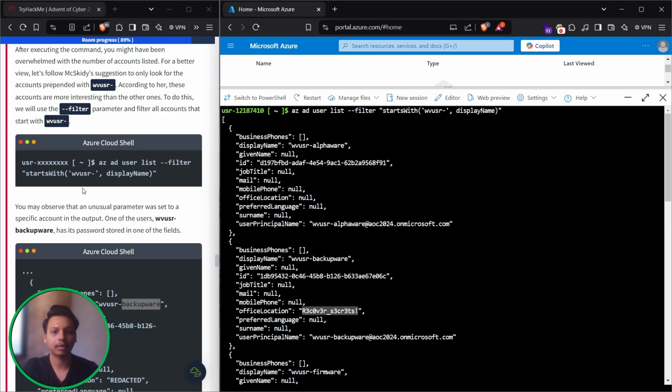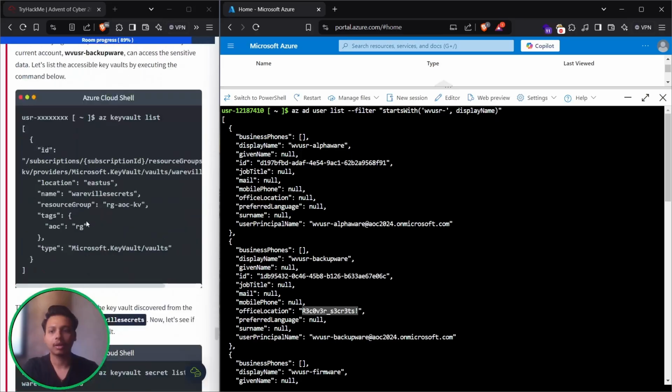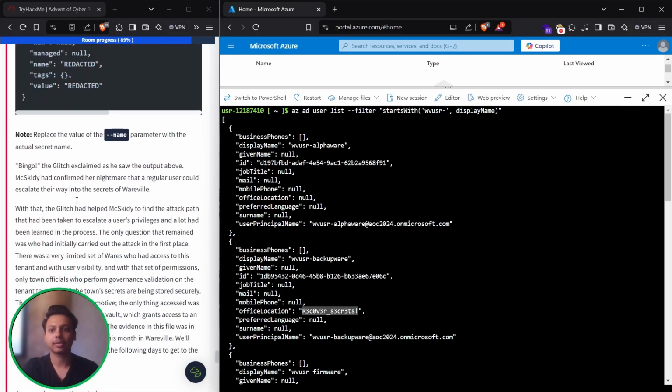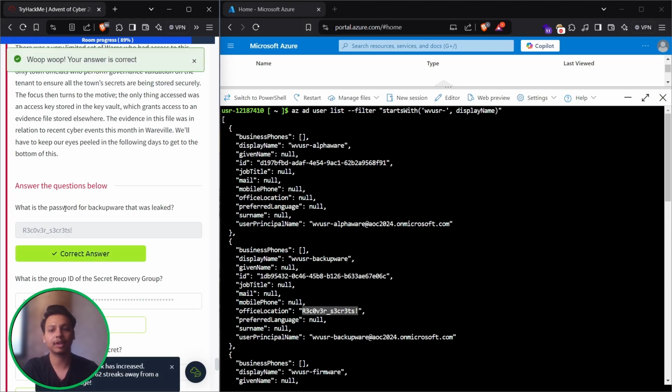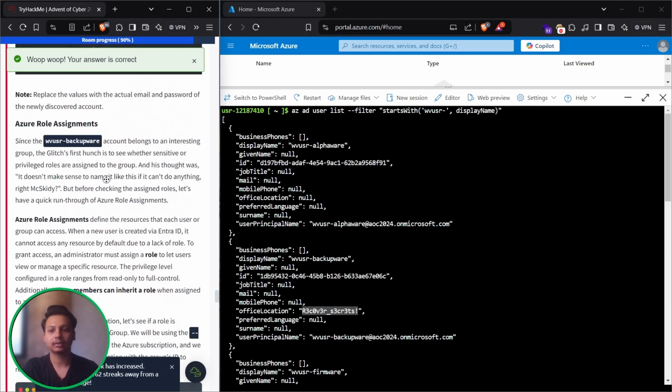Okay, copy. Let me just solve this. What is the password for the backup user leak? Okay,